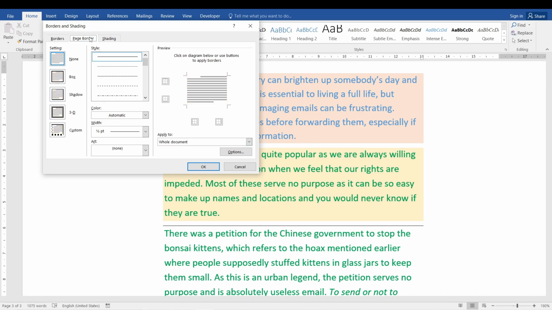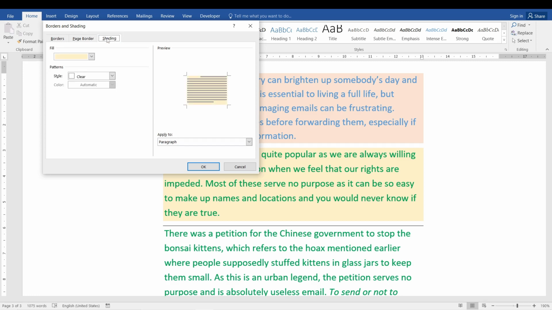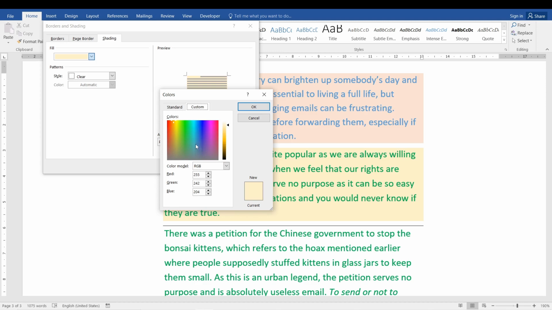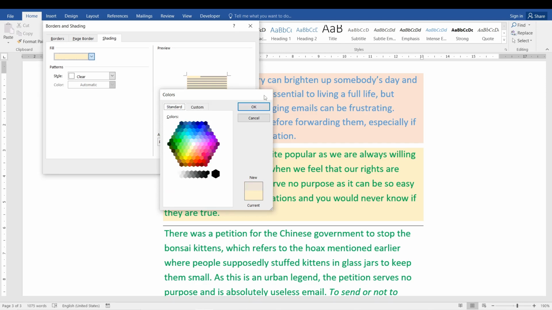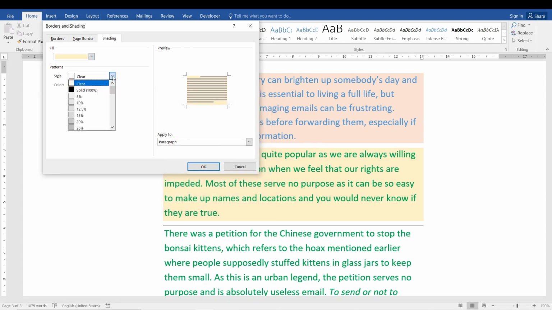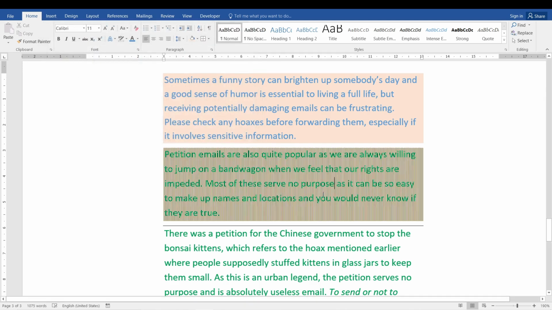Then go to the borders tab, not the page borders tab like I did right now, or to the shading tab. Actually, you can go to the shading, it applies as long as it applies to the paragraph, not to something else like the page. Then you can choose your colors and you can choose your style. I'm choosing different styles, and you can see the difference in the preview. Let me choose a nice one and show you how it looks. That's how it looks, the style. It doesn't look very readable